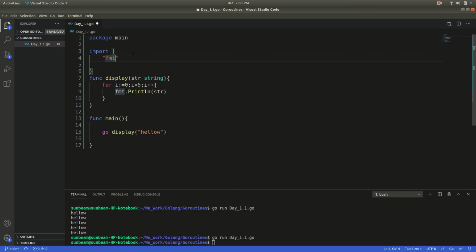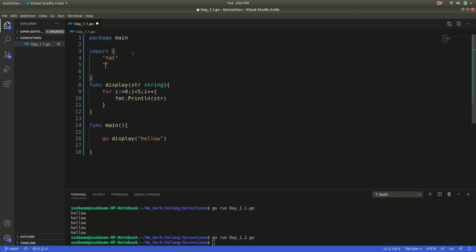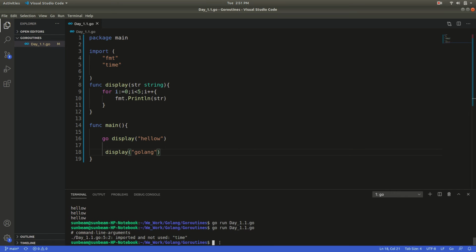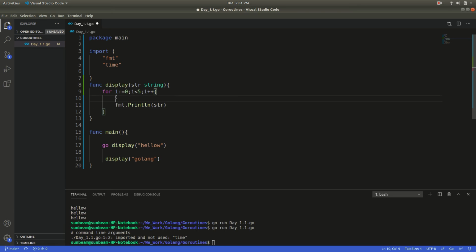Okay, now function display, go display and display go line. Okay, now see, oh, but not used. Okay, some problem is there. Not used. Okay, so we see, test this.